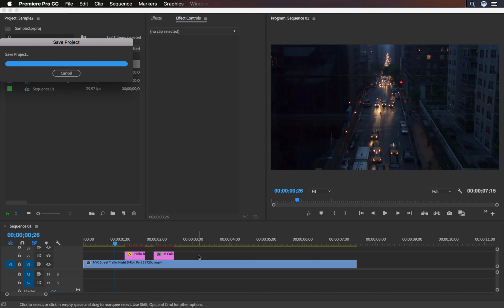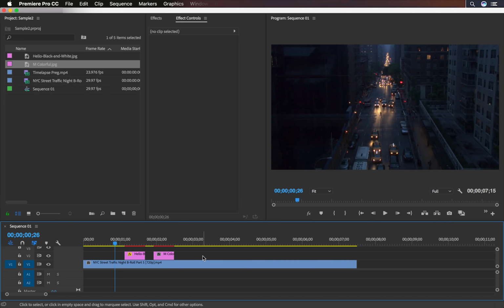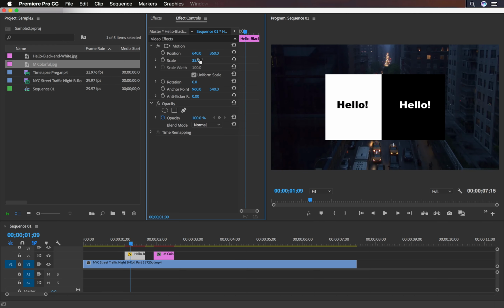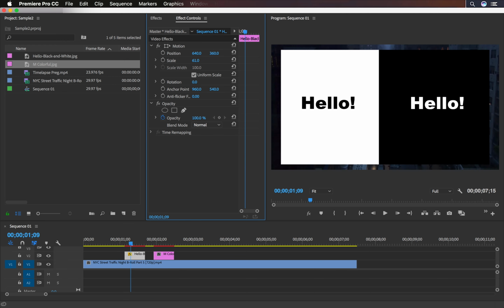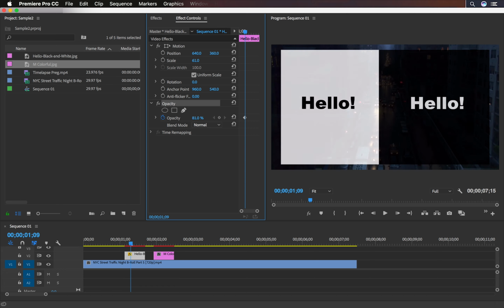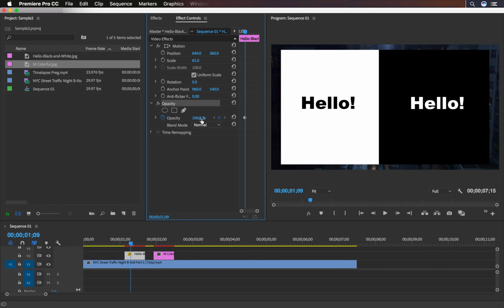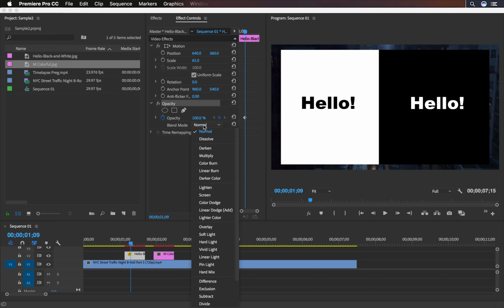I want to say a few things about blending modes. Not too deep, but just a few small quick tips. Here I have a JPEG on top of some footage. And here under opacity, where I can change the opacity, I have blend mode, where I can change the blend